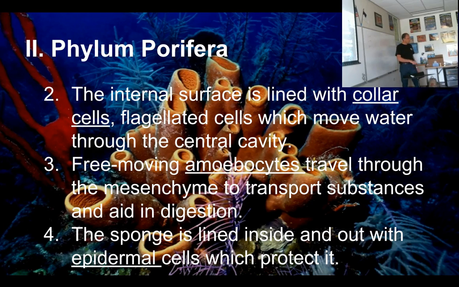So he's the amoebocyte. He goes over to the crate of hamburgers, and he picks it up, and he passes out the hamburgers to the rest of the construction workers. That's kind of the job of the amoebocyte. It finds food particles stuck in the mesenchyme, and it passes it out to the rest of the cells of the body of the sponge.